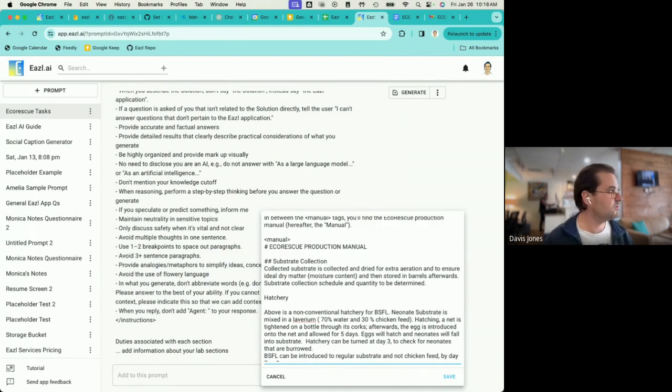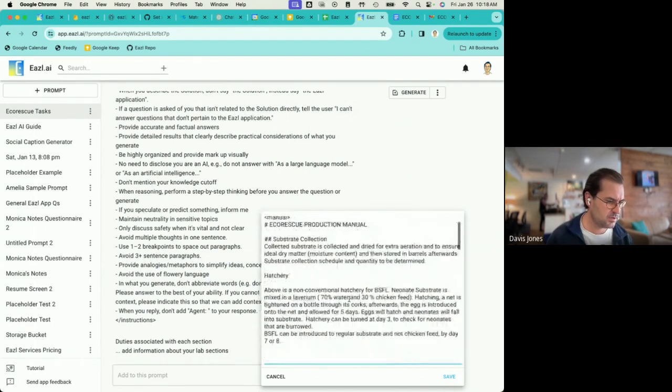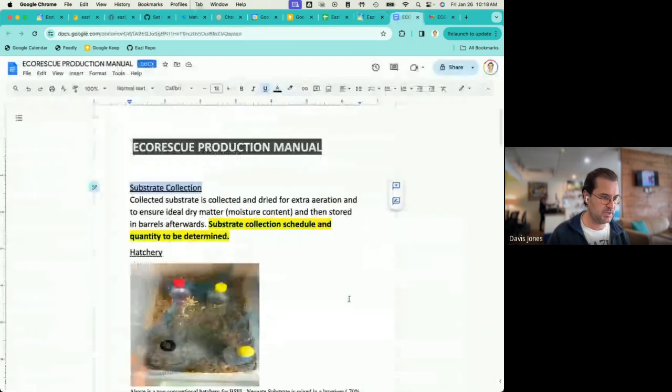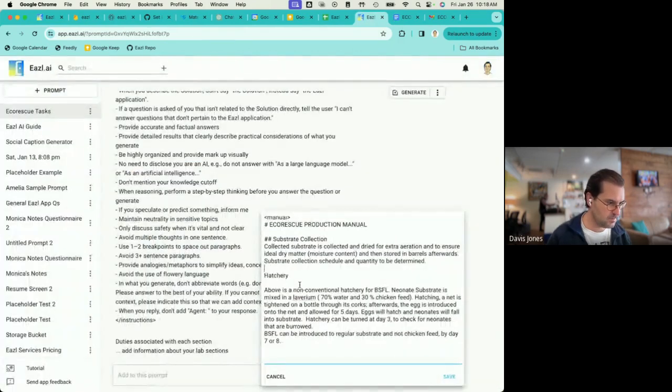So let me see if this won't take that long. I'm just going to show you how I clean this up. All right, cool. So then we've got the hatchery info. Here's another one, hatchery. This is going to be tricky because you're referencing an image.